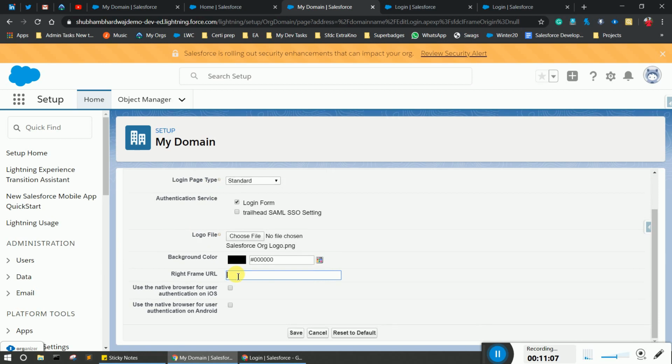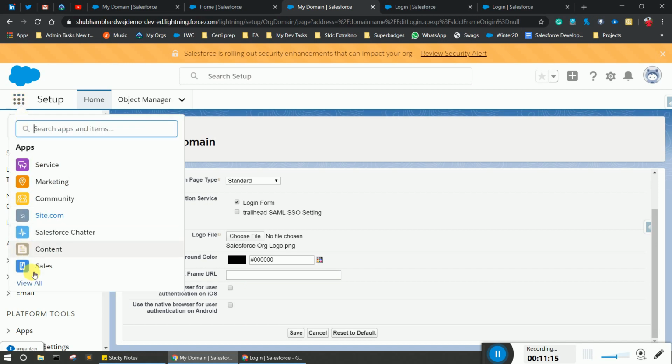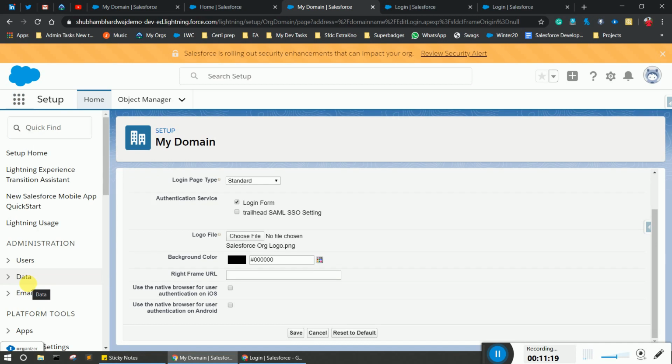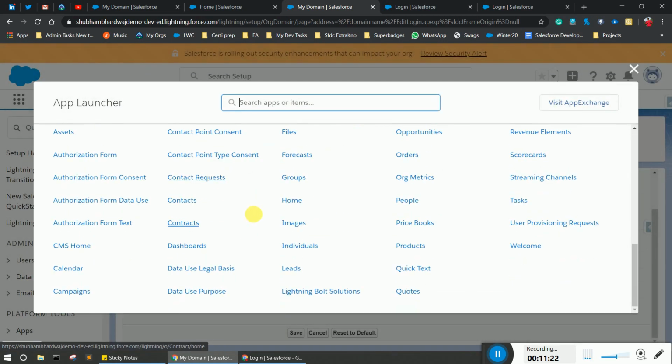I will also let you know another approach to save a particular photo in your Salesforce org and make the file or resource publicly available. For that you have to click on app launcher and click on view all. Currently you will be able to see files.